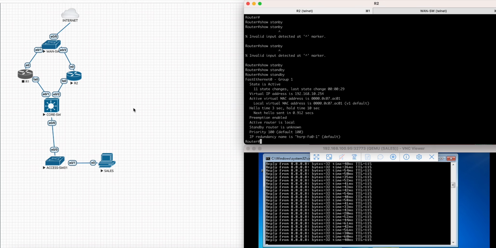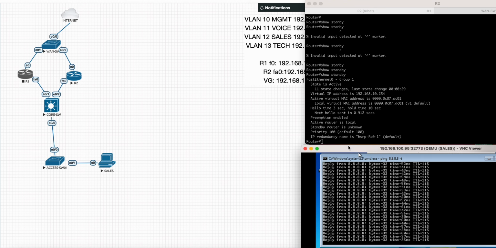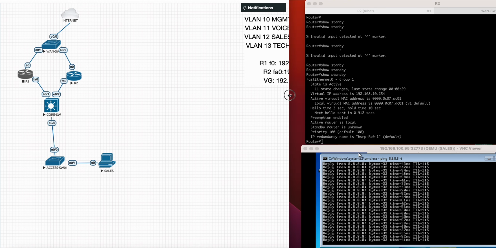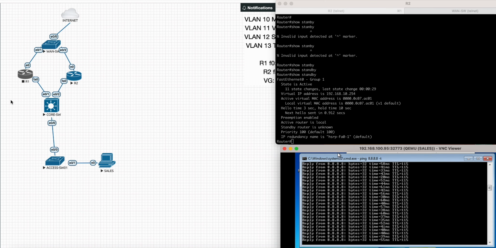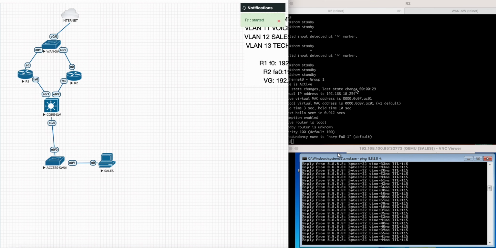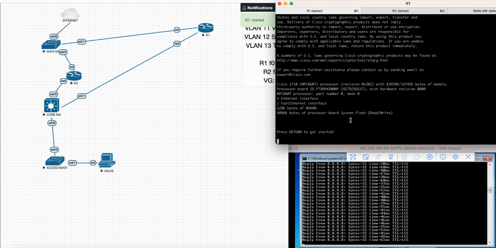So what I'm going to do, for example, let's assume that I have fixed the error on this router R1, and I'm going to bring that R1 online. So let's start this one. As you can see, R1 is running, and let's observe the packets, how long it takes to take the